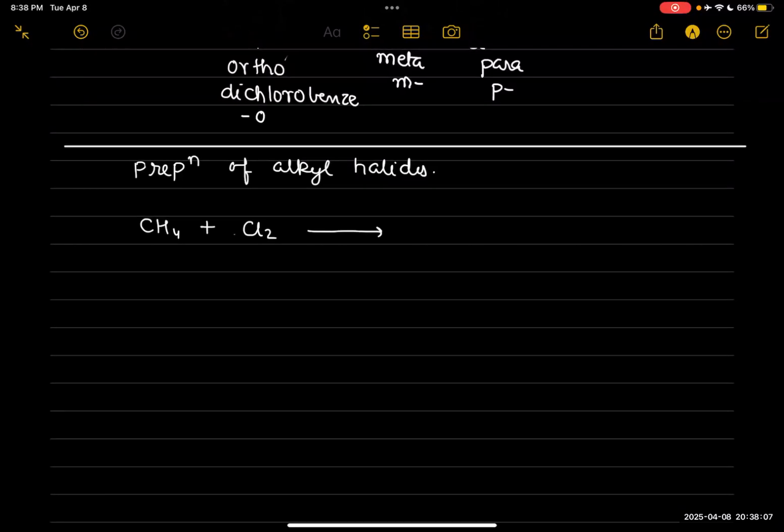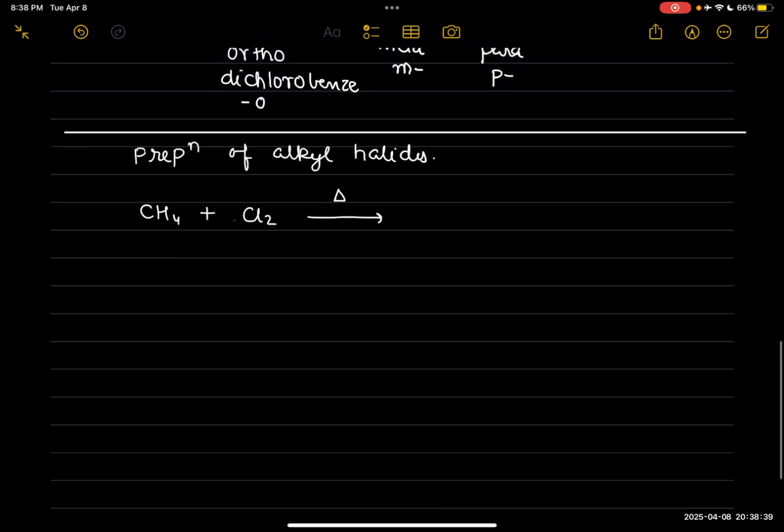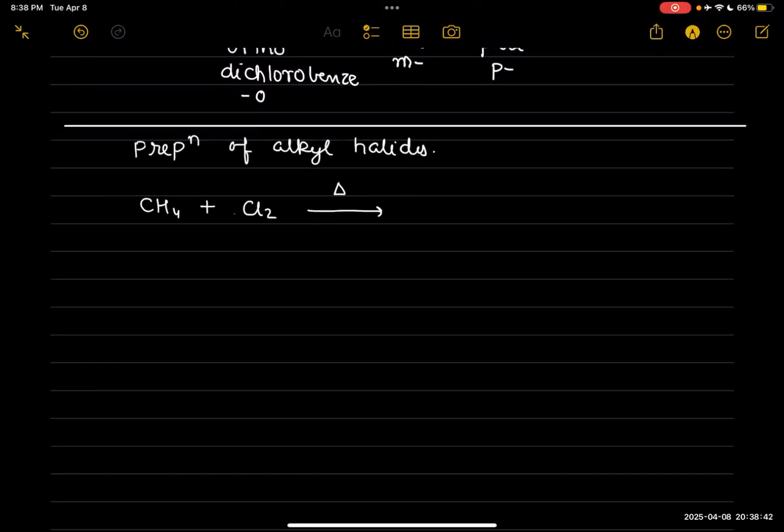But on its own, the reaction is not going to start. We need to provide some energy. So how am I going to give that energy for them to start the reaction? Heat, or you can use light. Light is more specifically UV light. UV light carries more energy,